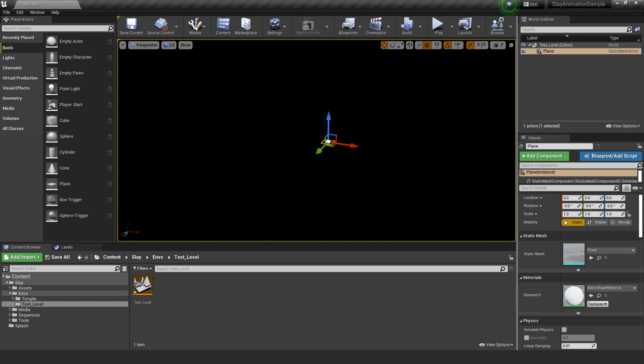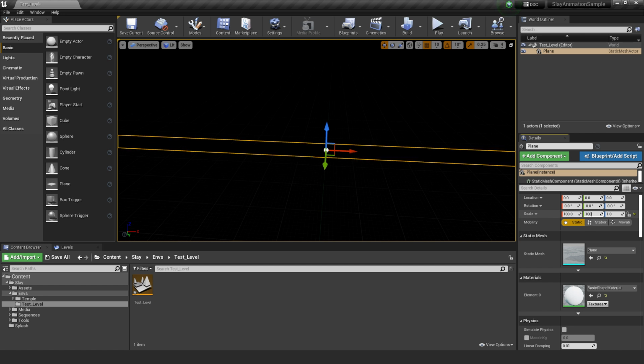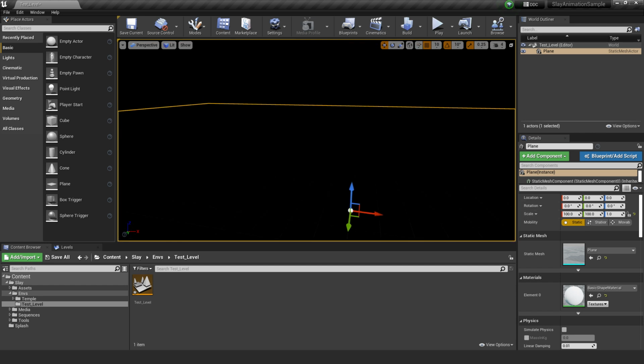Then we're going to modify the scale, as right now it is 1 by 1 across all fronts, and really we want it to be a nice little walking floor. So we're going to set the scale a little bit ridiculously, 100 by 100 in these fronts here.